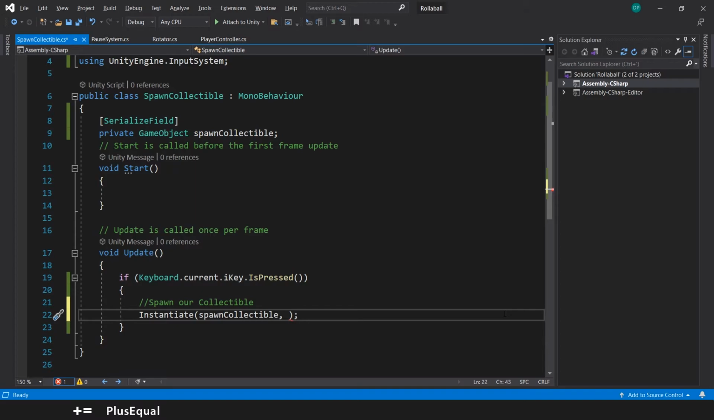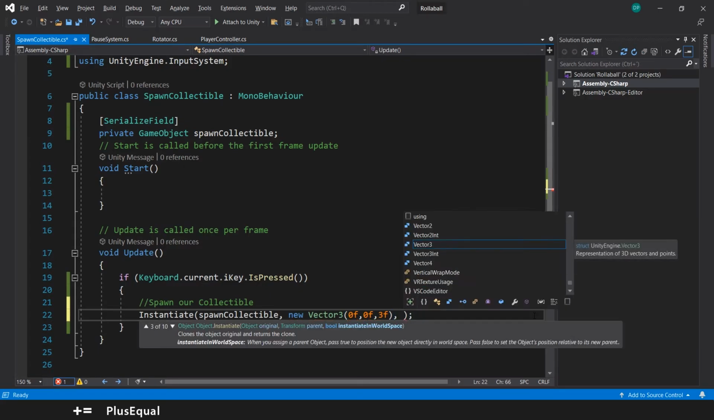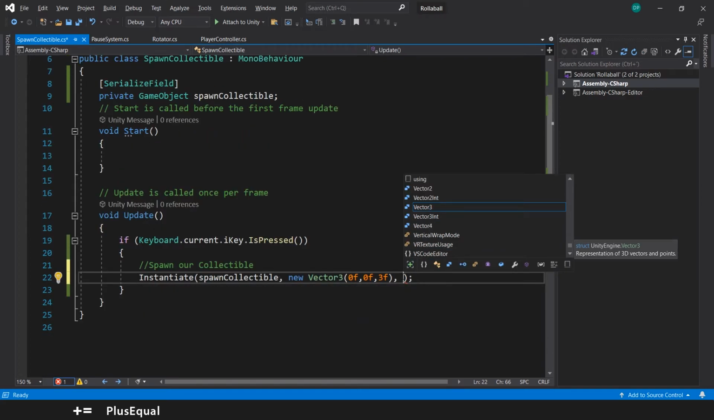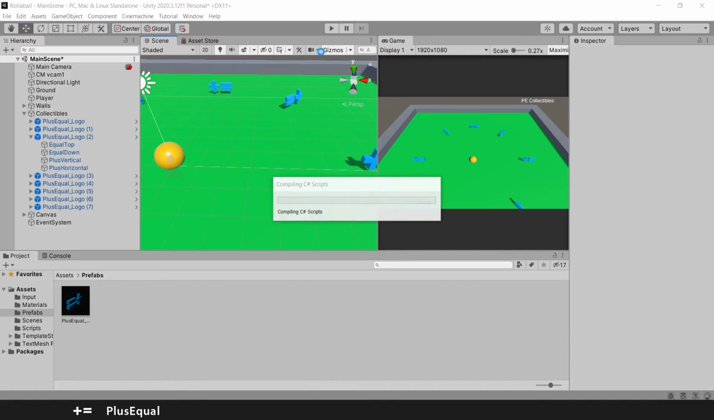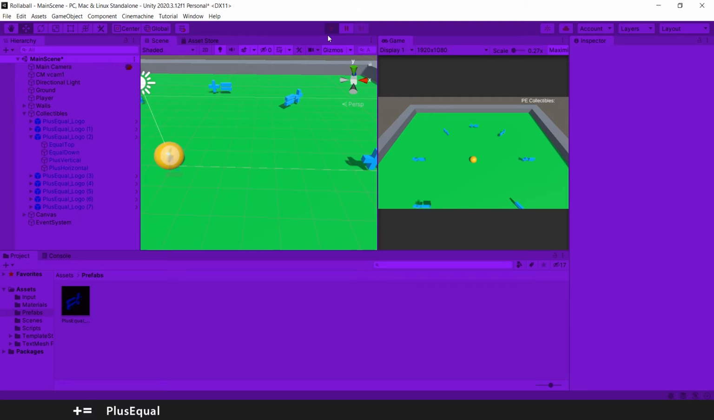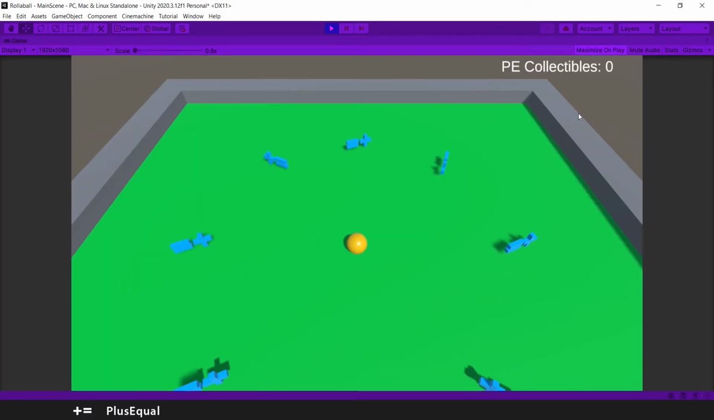So I'll go here. I need to create a new Vector3. And let's put 0, 0, 3. And we still need to put the rotation. And that's where I can put, for example, Quaternion.identity, and this means basically that we'll use the normal rotation, everything at 0. We can try this out. So I save my script. I go back into Unity. I will hit play, and whenever I hit my I key,